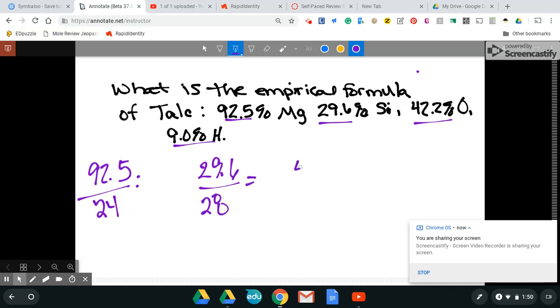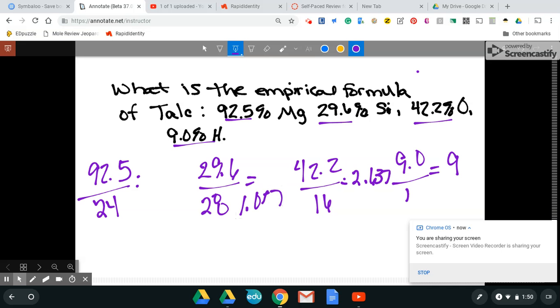And you've got 42.2% oxygen, and that's 16, and then 9% hydrogen, which is 1. So that's going to give me 9. All right, 42.2 divided by 16 gives me 2.637. Right, 29.6 divided by 28 gives me 1.057. And then 92.5 divided by 24 gives me